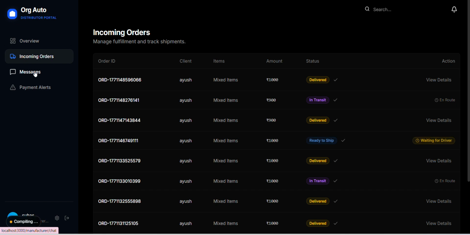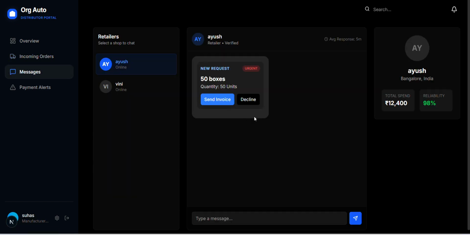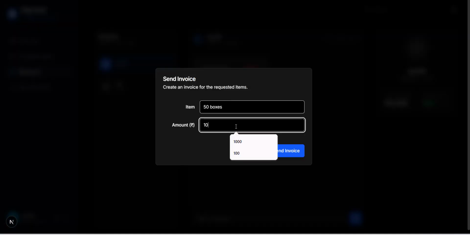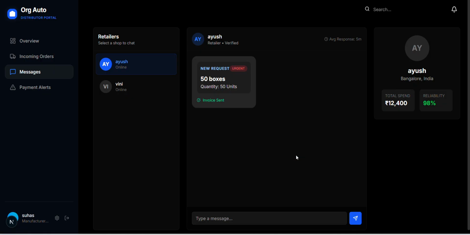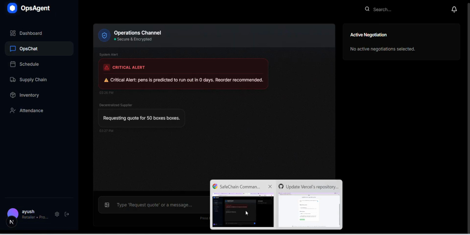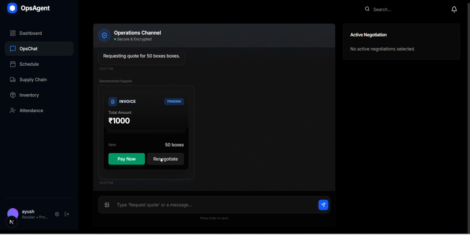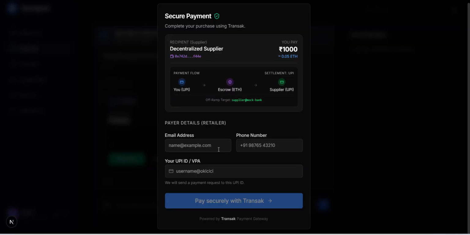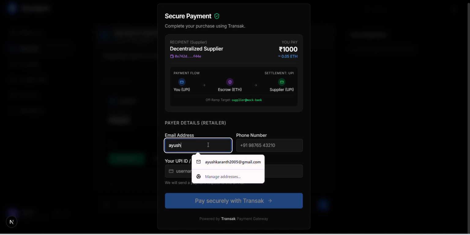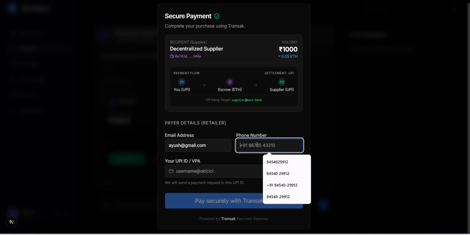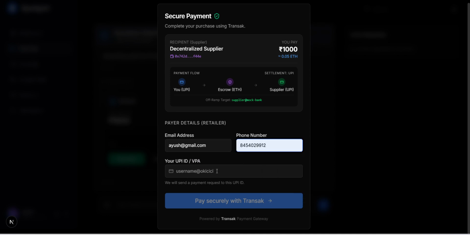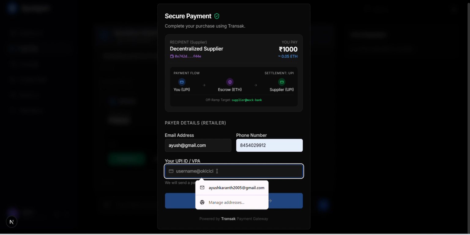So now if I go to the manufacturer side, I can see the send invoice part. If I send the invoice and quote 1000 rupees, the invoice will be sent. The retailer has the option to either renegotiate or accept the 1000 rupees. So if he accepts the 1000 rupees, he enters his email ID again and his UPI ID again,